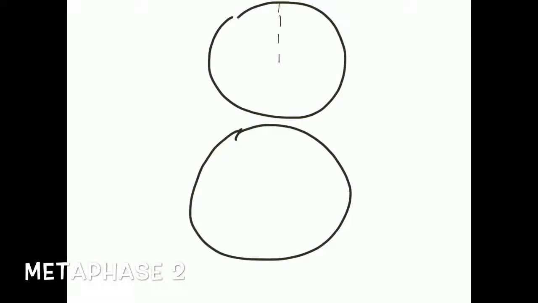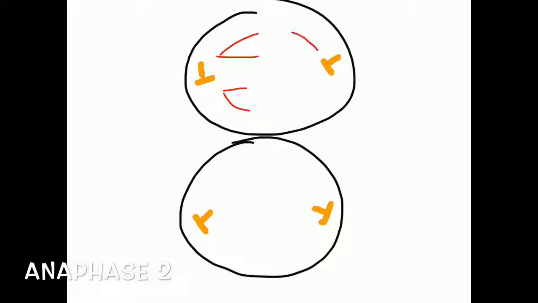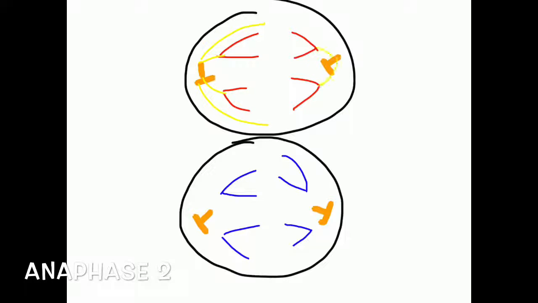In metaphase 2, a metaphase plate is created and the centrosomes will go on the opposite sides and chromosomes will line up at the metaphase plate. In anaphase 2, the sister chromatids are pulled apart by the spindle fibers and they're pulled to opposite sides of